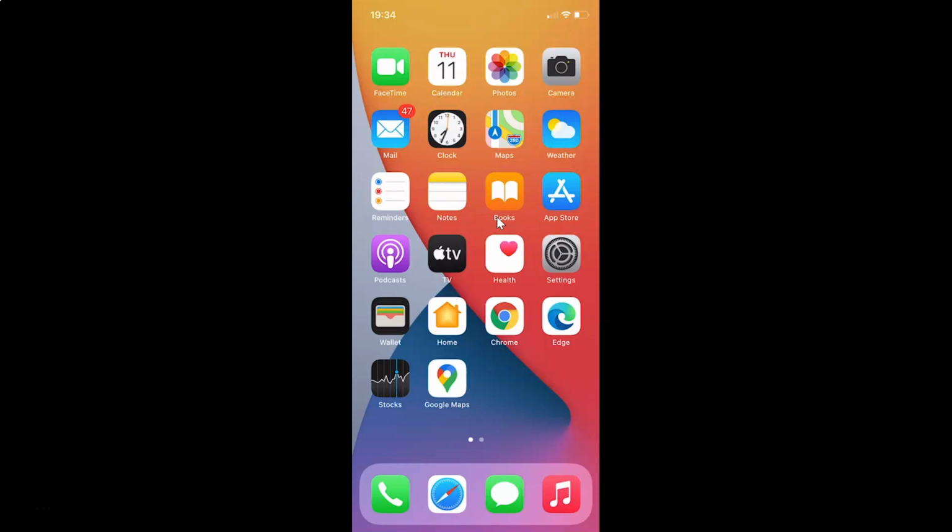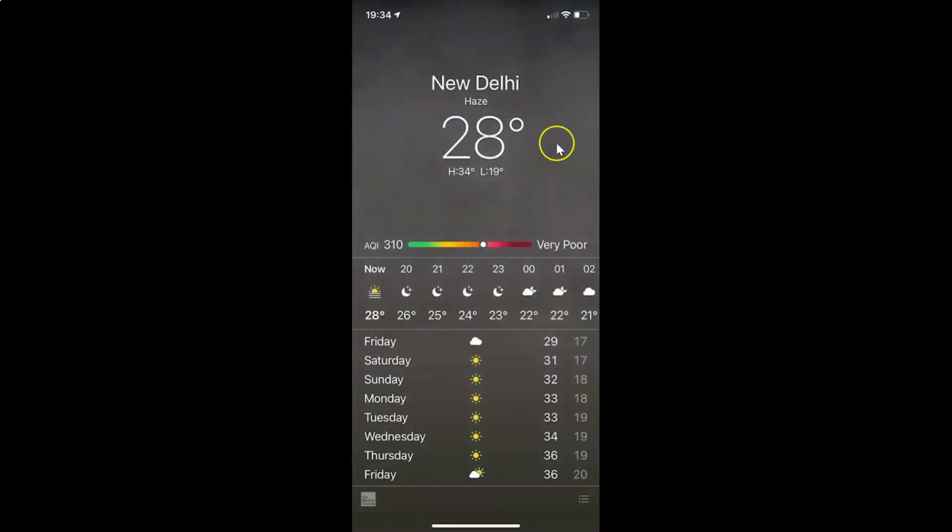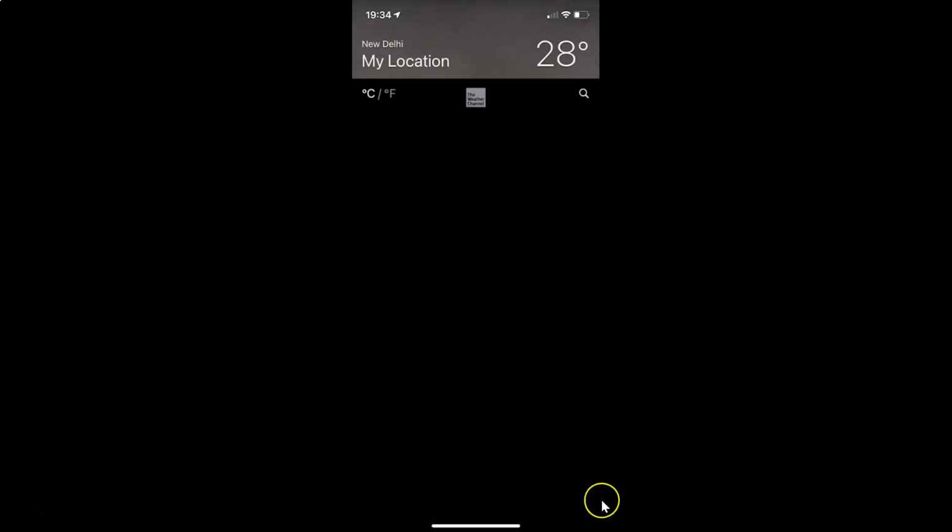So first of all you have to open your built-in weather app. So let me open mine. So here is my built-in weather app. Let me tap on this to open it. You can see guys it's opened, and after that you have to tap on this list icon at the bottom right. So let me tap on this, and I have this screen opened,